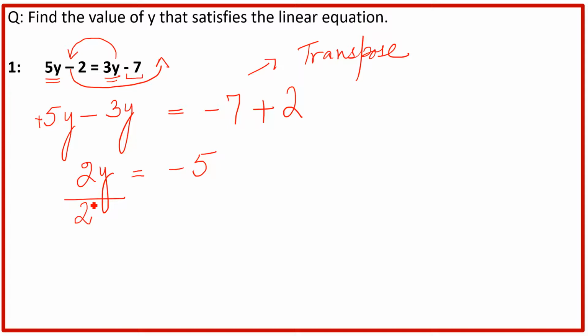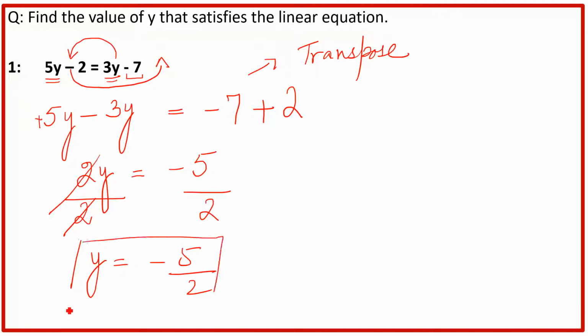Whatever you have to do on one side of the equation, you have to do on the other side as well. This 2 and this 2 will cancel to one time. Only y is left, so the value of y is negative 5 divided by 2, and this is our answer. If you want to check whether your answer is right or wrong, 5y minus 2, okay, so we will put in this